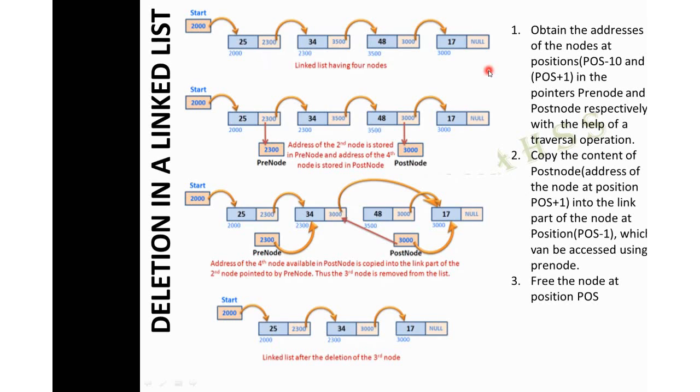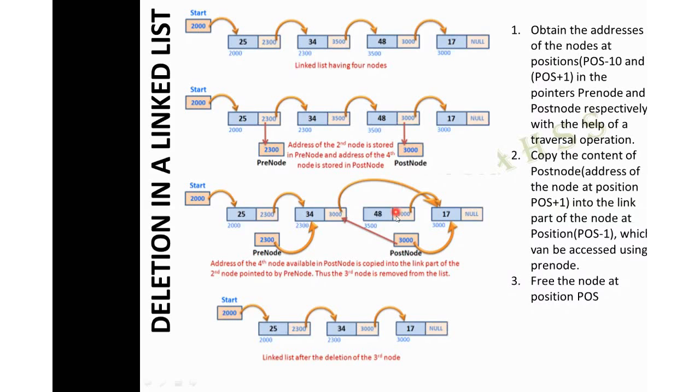Now you have to decide which element is to be deleted. As per this example, the node with value 48 is to be deleted. Now be very careful: I have jumped from this to this. Why did I jump? It is to tell you which element is to be deleted. So the element to be deleted is the node having the value 48.